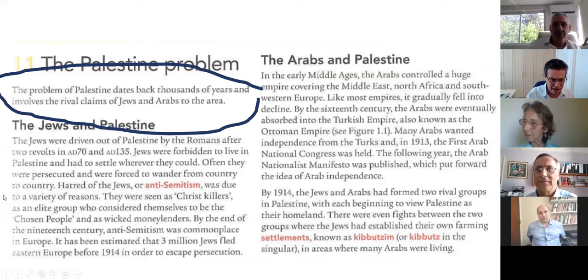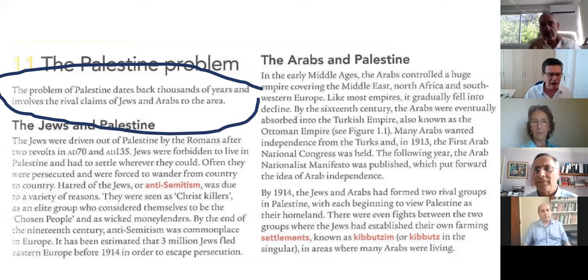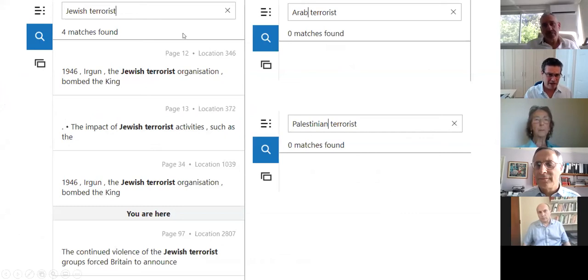And then if you see this small paragraph here, this is more than 3,000 years of Jewish history crammed in there. Nowhere, not just in this paragraph, but nowhere in the book is there anything about the millennia-old attachment of Jews to the land of Israel, about the importance of the land of Israel, of Jerusalem in Judaism, or indeed in Islam. How can anyone understand anything about this conflict without knowing that kind of background? And then there's bias. You can see the authors are in love with the phrase Jewish terrorist. They use it repeatedly.